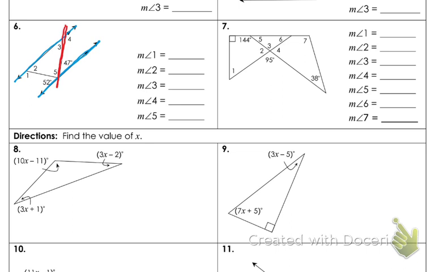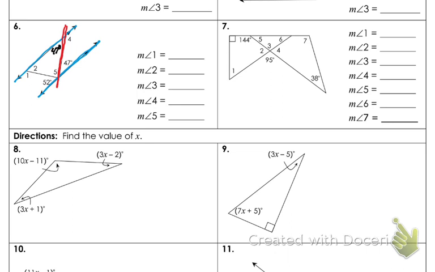So as soon as I see a transversal through parallel lines, more often than not, I'm just looking for alternate interior angles. We might look for corresponding angles or same side, but the first thing I'm going to look for are alternate interior angles. And the first one I see is this 47 and this 3. This 47 and this 3 are alternate interior angles. And if you remember, alternate interior angles must be congruent. So if those are alternate interior angles, that makes 3